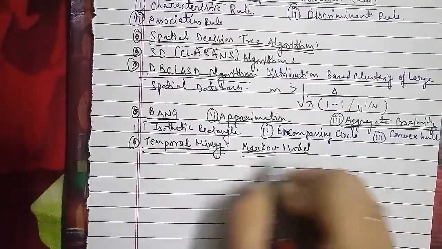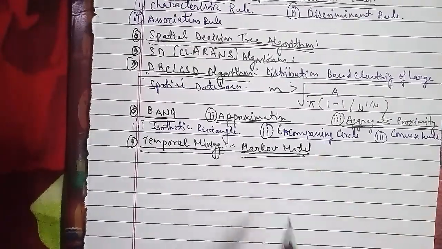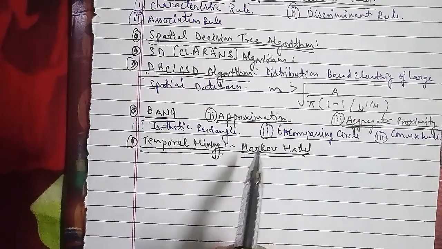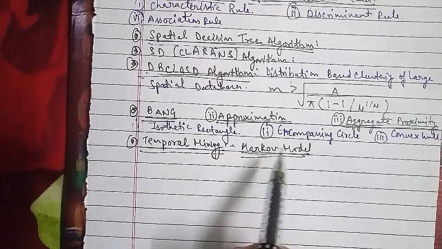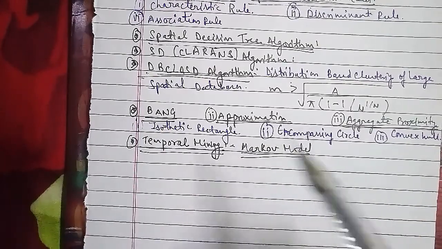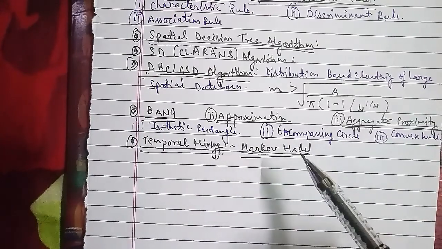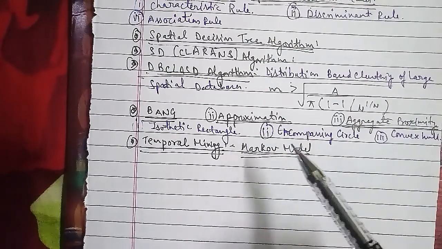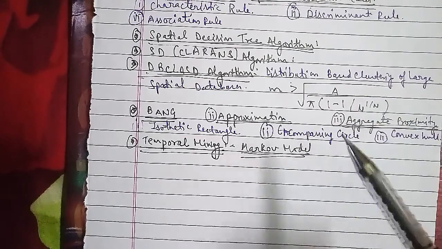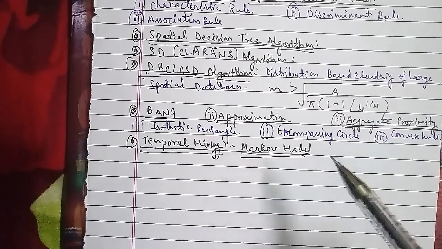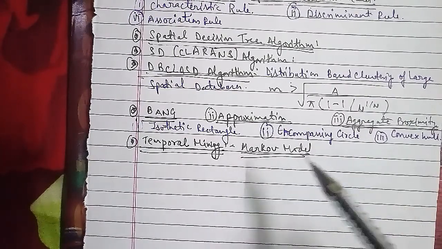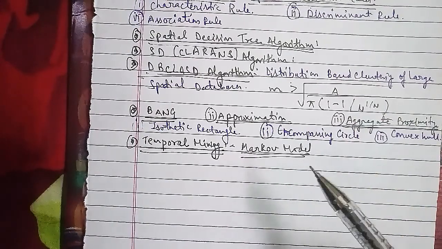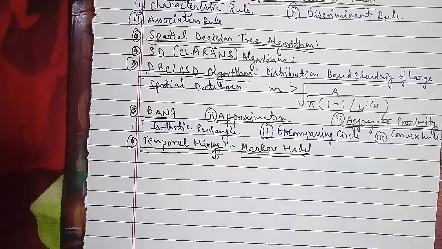A Markov model is a directed graph (V, A), with the vertices representing states, where V equals V1, V2, V3 till Vn, and the arcs A, where A stands for (i, j), that is (Vi, Vj) belonging to V, showing the transitions between the states, transiting from Vi to Vj. So we'll go ahead with a simple Markov model that would be represented in the form of a diagram.